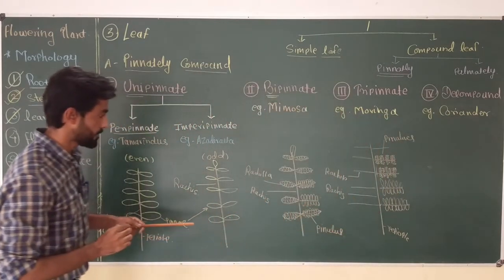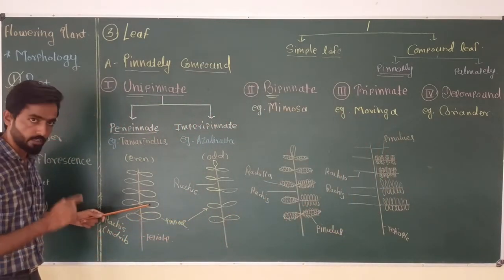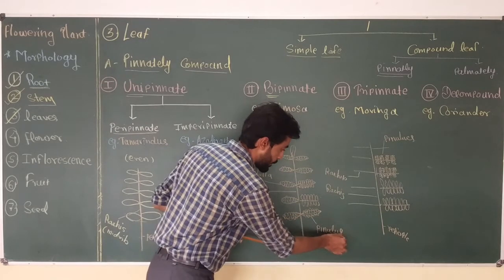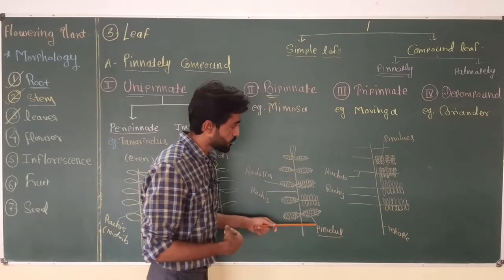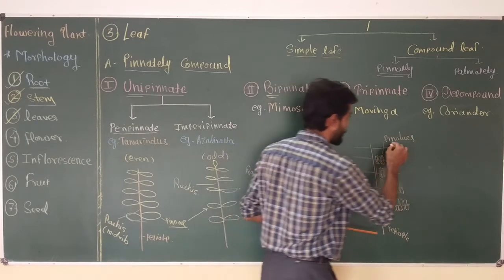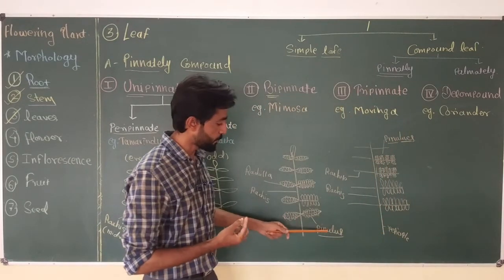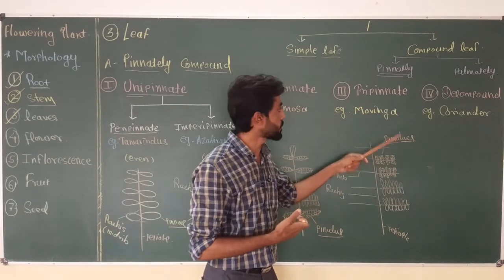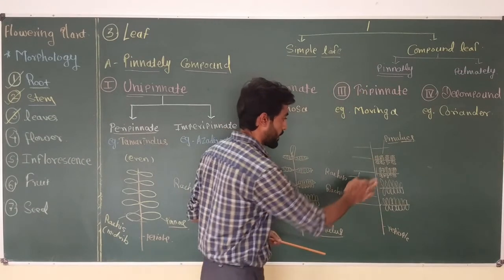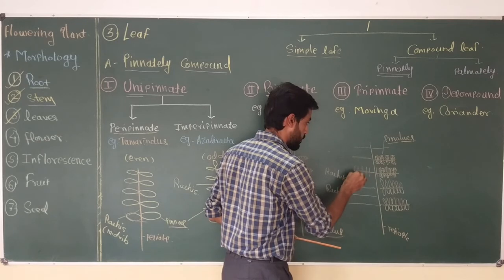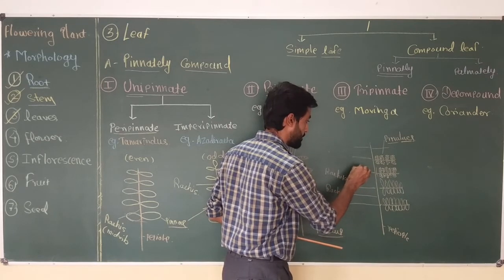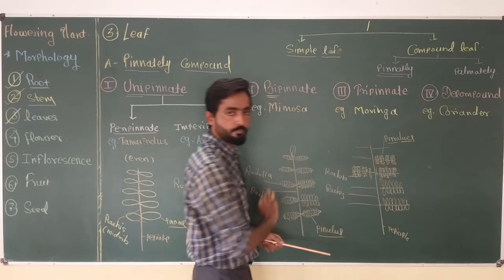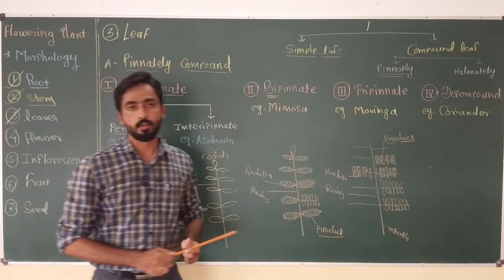Okay, so you can see here, first due to the first incision the lamina converts into pinnae, due to the second incision pinnae convert into pinnules, and due to the third incision pinnules are converted into pinnulules. Okay, that means pinnules are the product of the second incision while pinnulules are the product of the third incision. Okay, you can draw the same structure to complete the diagram of the tripinnate leaf. And so on. The example of this is moringa or drumstick.